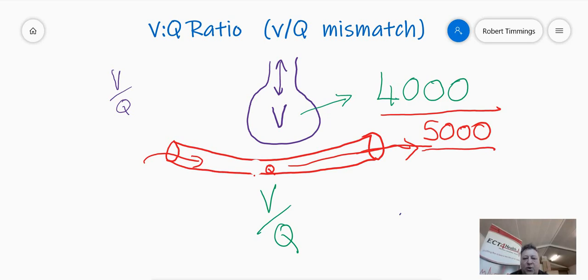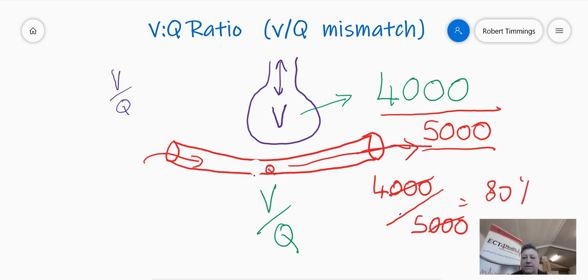That, expressed as an equation, is 4,000 divided by 5,000. We can simplify that by saying 4 over 5, or 80%, is the answer to that mathematical equation. And that brings us out to what the actual VQ ratio is, reduced down to a decimal. A normal VQ for a human adult lung is 0.8. That's our normal. Now I know that was a few minutes of your life that you'll never get back, but